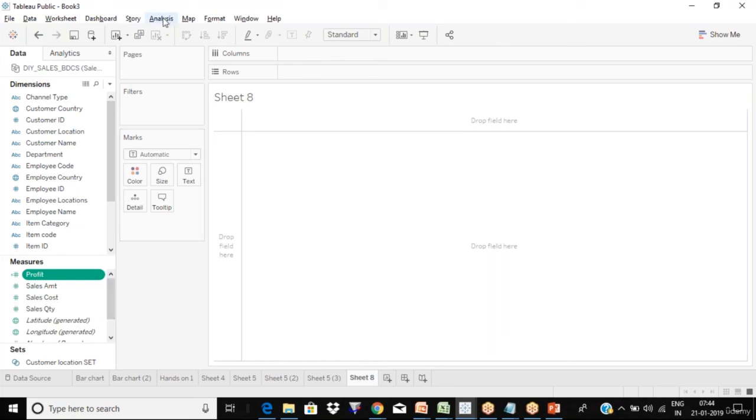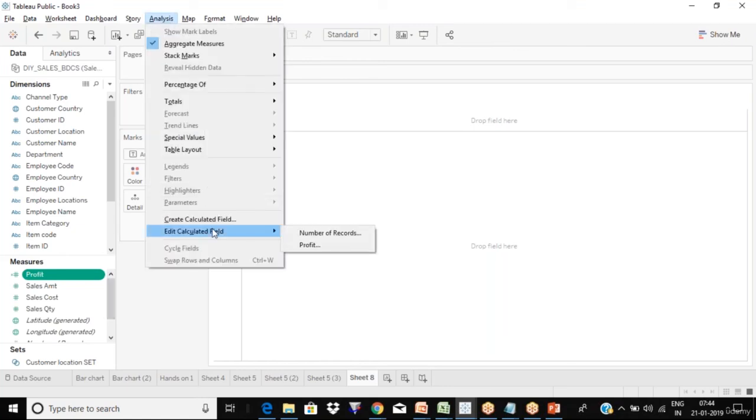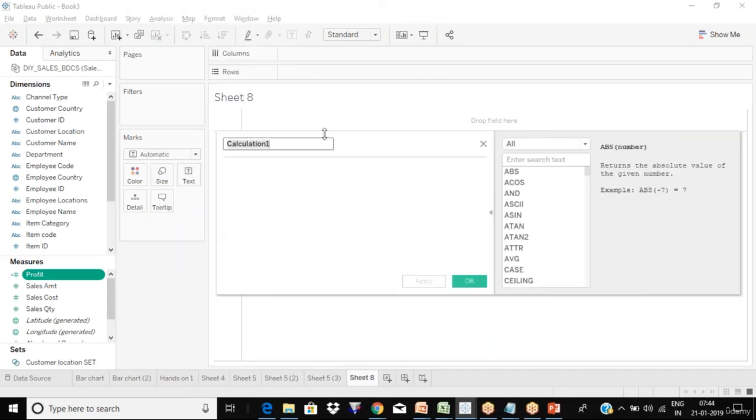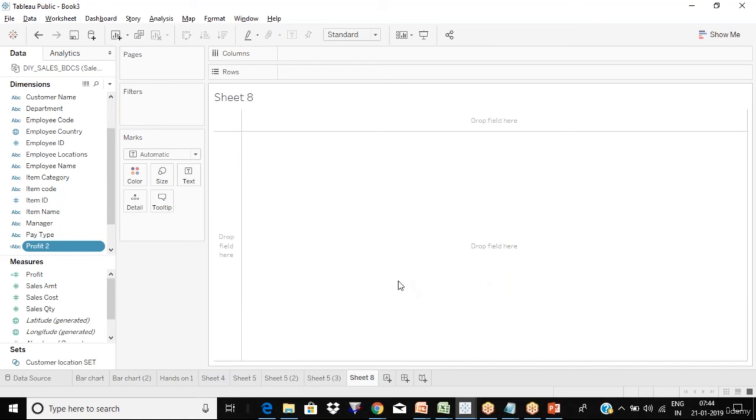Now let's say I go to Analysis, Create Calculated Field, and I would say profit 2, because I already have profit, right? Now if I put it like this, in single quotation marks, I'm giving 100, the calculation is valid, apply, and okay. Where did it go? This column. So why did it go into dimension?